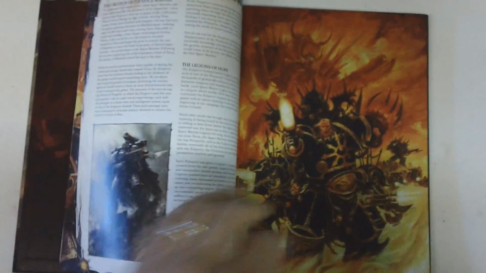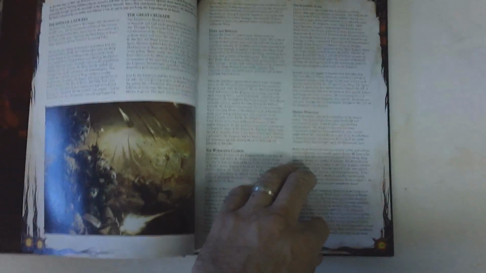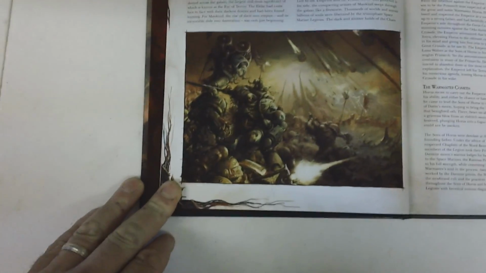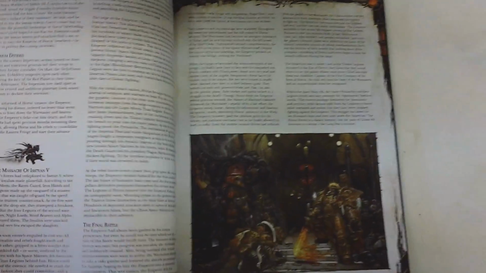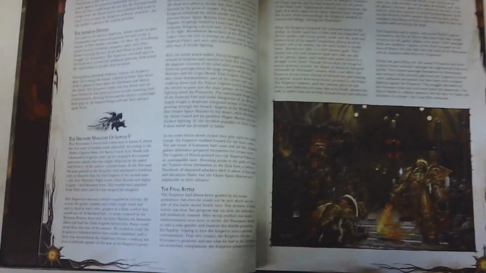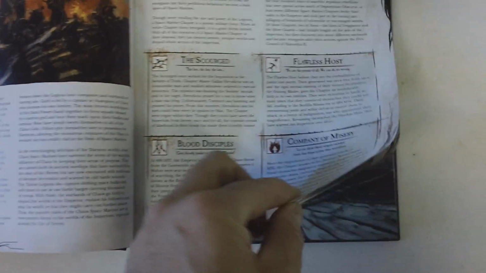Here we start getting into a little bit of the fluff in the background with the Chaos Space Marines. There's quite a bit of fluff in this. It goes through the Horus Heresy, goes through the whole creation of the Space Marines. It goes really far back into the background, all the way up through the final Battle of Terra. Beyond that, it goes into the main Traitor Legions, and then heads straight on into some renegade